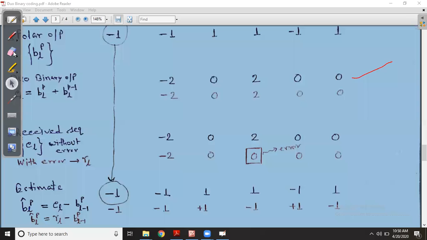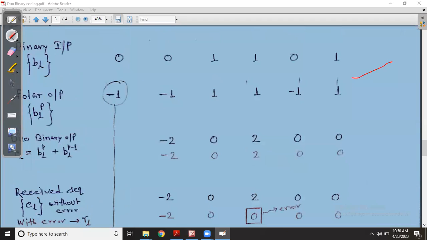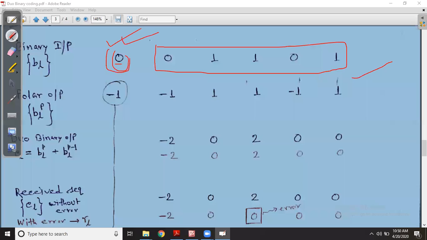About this one, as I told you, these bits are transmitted actually. We don't have any idea about the previous one, so the previous one you have to consider. Whether we are receiving this 0 or not, we are not bothered about that bit, because we are not transmitting it. That means the first bit we are not transmitting. For the first one, it is -1 voltage level, but we cannot say about this, because we don't have the idea about the previous one also.